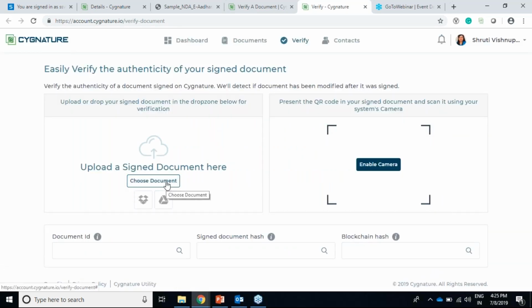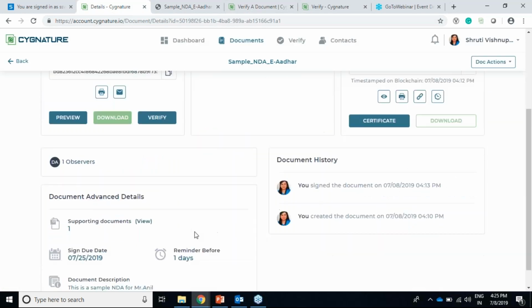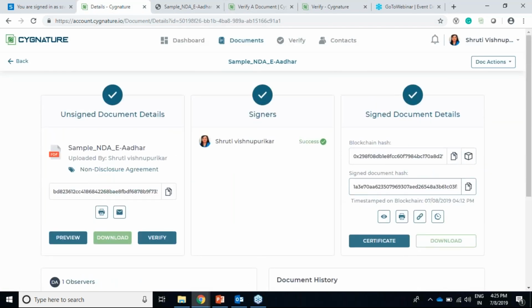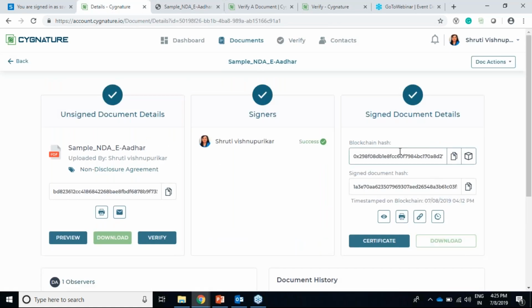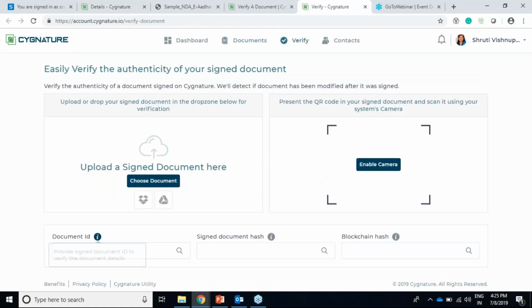You can upload the document if you have a soft copy of it, you have a document ID, you have a signed document hash, which is there on the details page. If you have the blockchain hash, or you just have the document ID, I can verify the document by just putting that ID here.